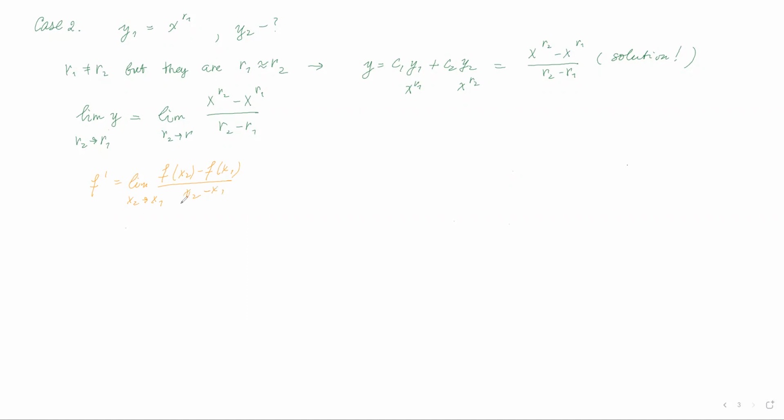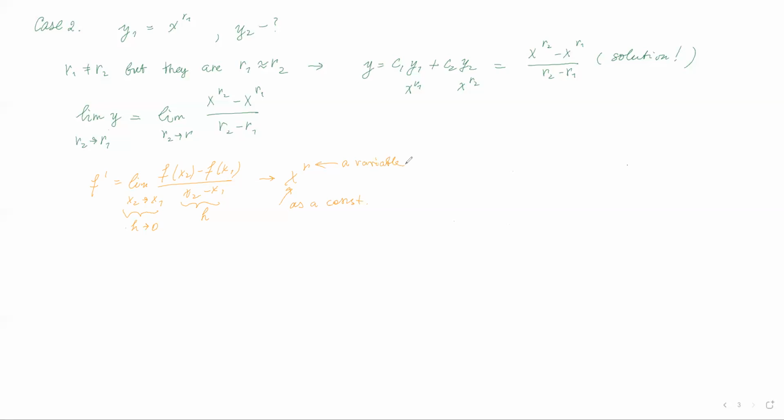Generally speaking, in calculus, we usually write this with h, and then instead of this, we write h goes to 0. But when x2 goes to x1, that's going to be the distance between these two numbers, and we can label it as h, and h goes to 0. And here, when x2 goes to x1, we are bringing our secant line and making it a tangent line, right? If you compare this orange formula with the green one, you're going to see the formulas are identical, just the function is x to the power of r here. So we can consider that we have over here a derivative of the function x to the power of r. But in this function, x is considered a constant, and r is a variable.